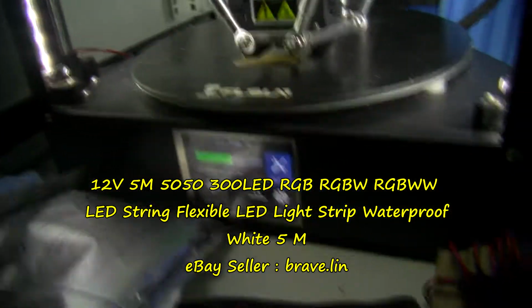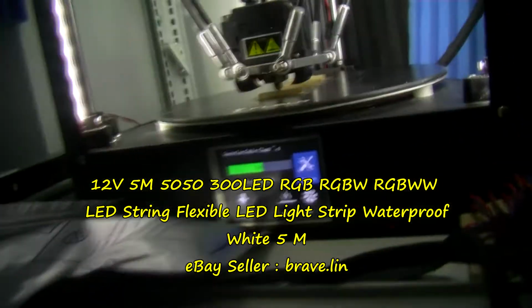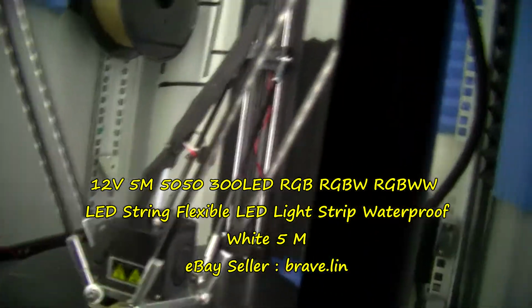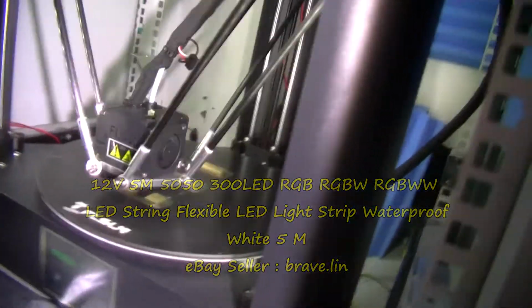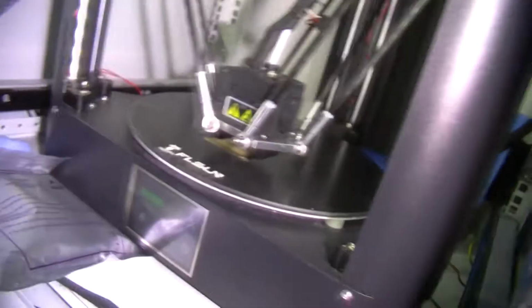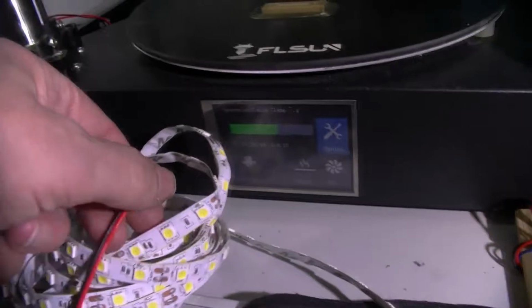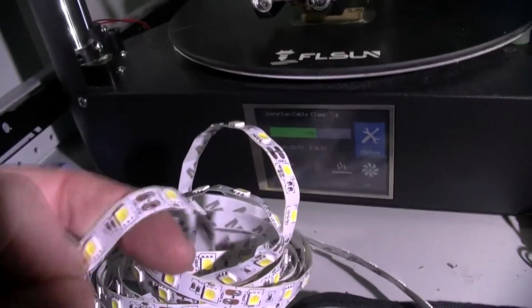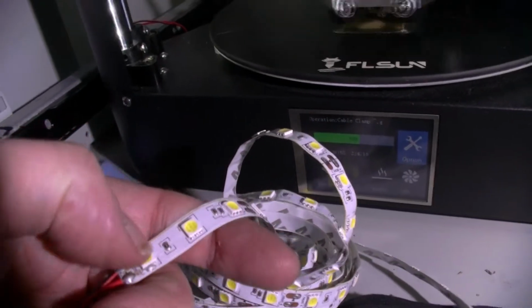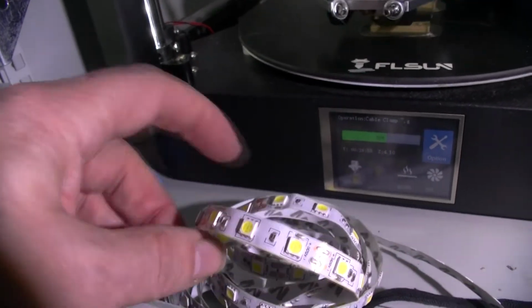I'll put one of my big lights on to show you this, because that's not really shining on it. There we go, if I can get it to stay still. I'm trying to do this one-handed. So it came in this bag, it's foil. Just a second while I put this down. So this is how it comes. It does come with some tails on, at least some of it. And you can cut this to length. Every mark like here, every 1, 2, 3 LEDs, you can cut it to length,